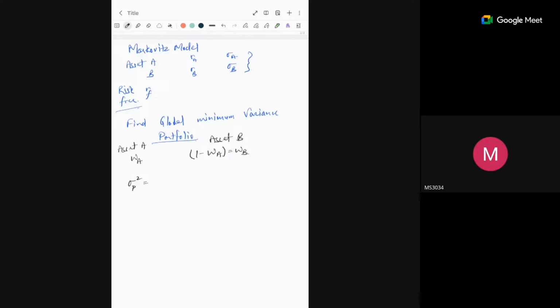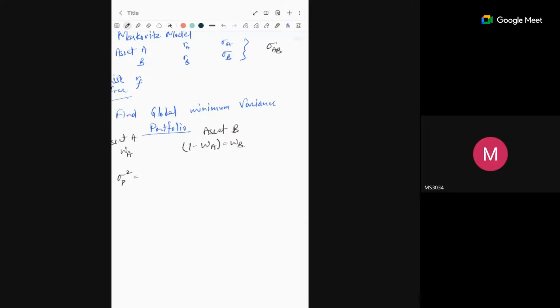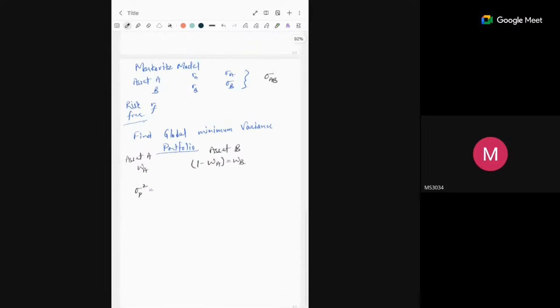And let's suppose the covariance is given to be sigma AB. Okay, so if this is given to you, then your portfolio variance would be